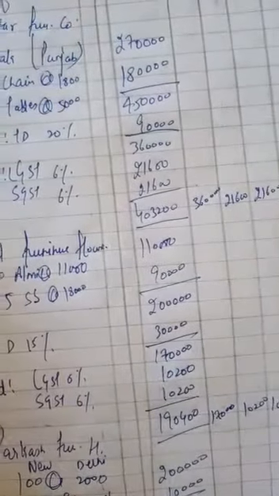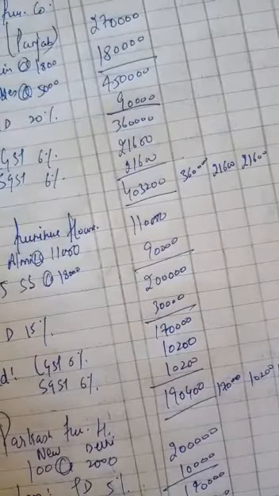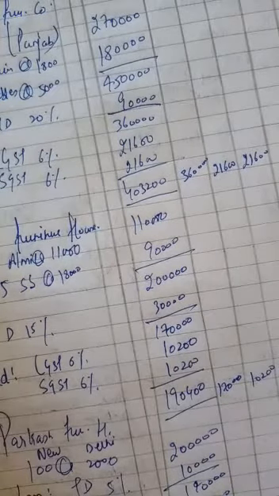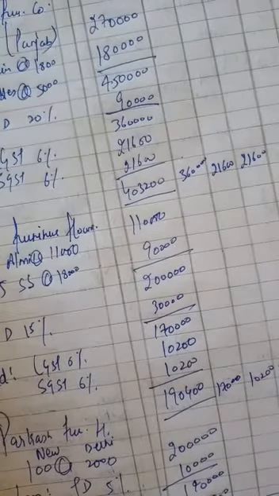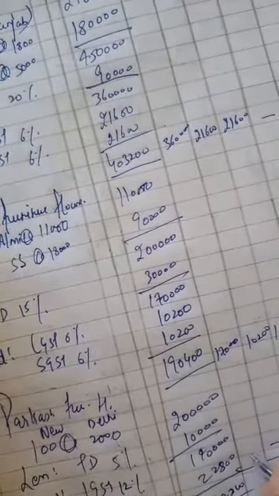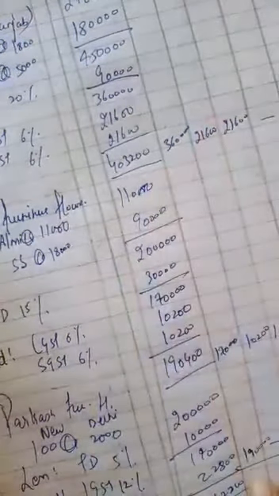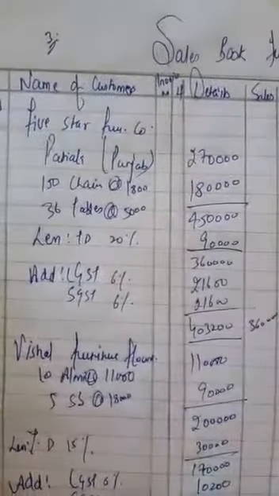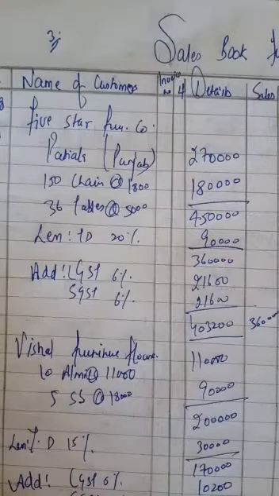Now you just have to do the total of sale column, CGST, SGST, IGST and total. Total was 2,12,800. IGST was 22,800. No CGST, SGST, there was cost 1,90,000. You just have to do the total of these. Nothing more than that. This is just like the purchase book. Purchase book and sale book are similar. So similar is the third one.